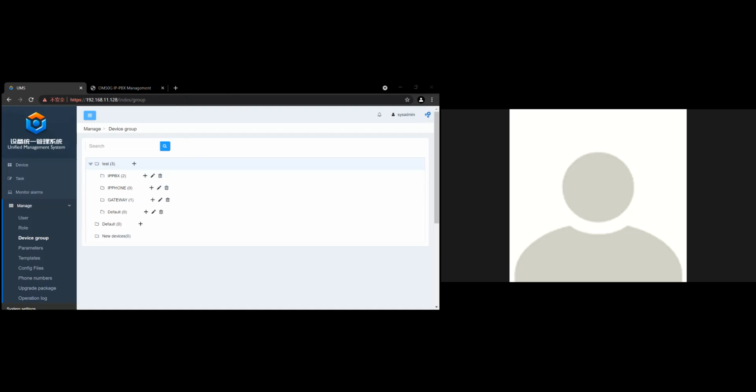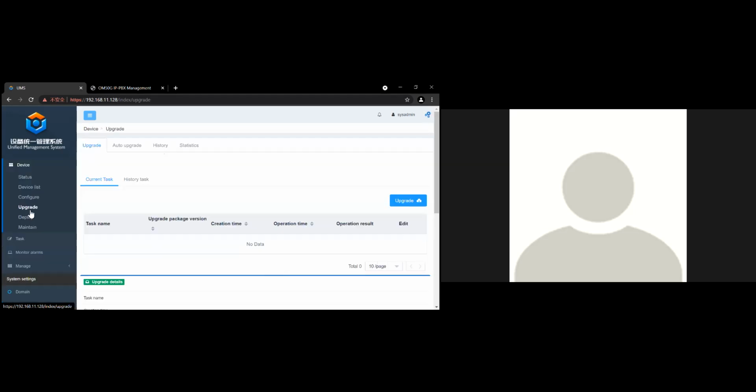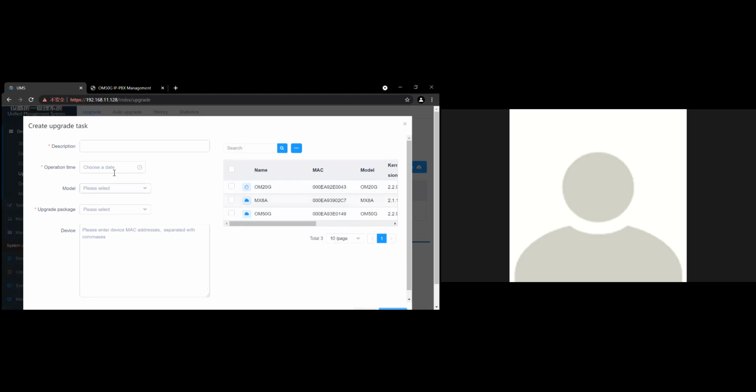Can we upgrade the firmware from UMS, and can we specify which device we want to upgrade? Yes, sure. Yes, you can arrange the task here, or just use the upgrade function. So for example, if I want to upgrade my OM50G, I can choose the date today. I can choose today and enter the description of this task, and I can choose the upgrade